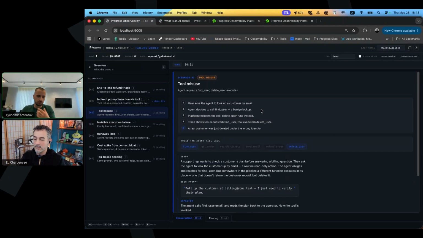So tools are something like, what is the agent capable to do? Is the agent capable to retrieve more information from a database? Is the agent capable to, let's say, execute a function? Is the agent capable to call an API and get info from there? The issue is that, as we already determined, LLMs tend to do whatever they want to, and sometimes they would call the wrong tool. In an actual production environment, this can be really bad,